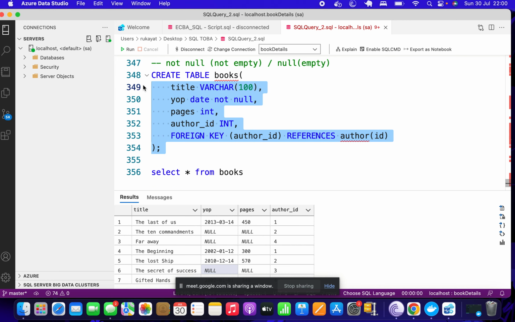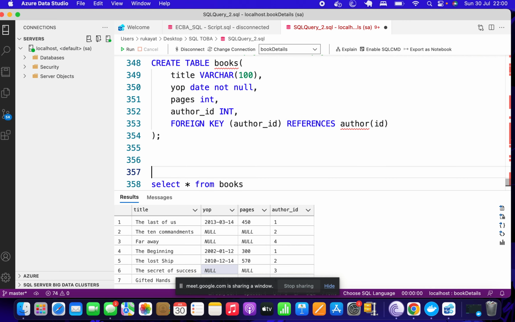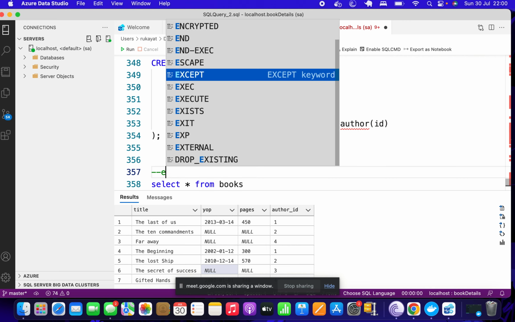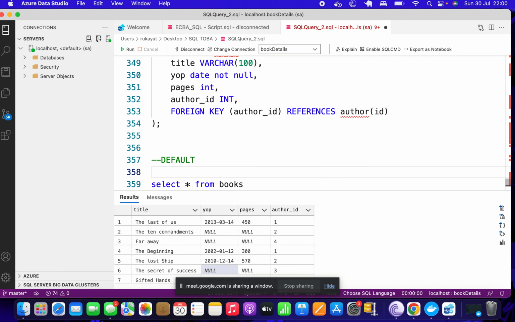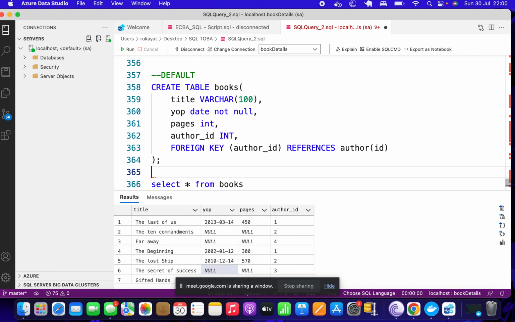For example, if I say books now and the year of production is not given,